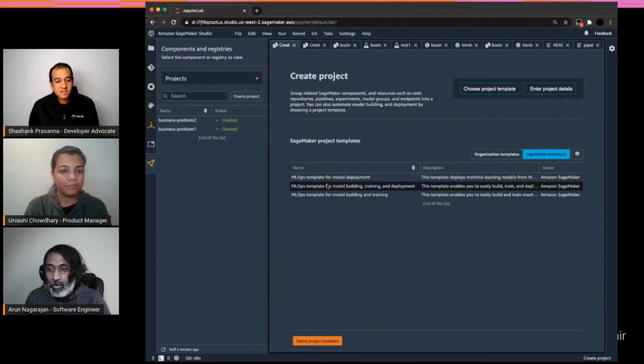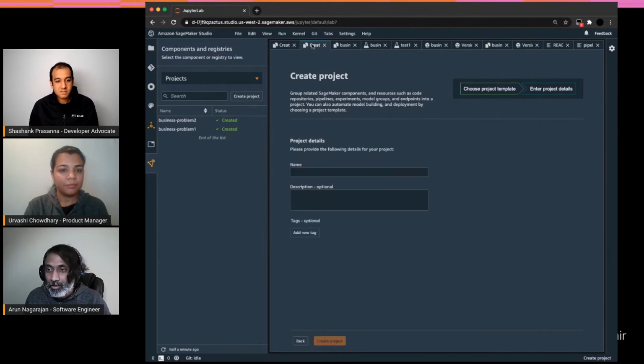Awesome. So for this demo, let's say we choose the full end-to-end MLOps template, right? Then you select the template and you're taken to this screen where you can give a name for your project, an optional description, and some tags if you would like. When you create this project with this button, we will stand up the full infrastructure for an MLOps system, including the code repositories, the build system, code pipeline, everything fully functioning out of the box, right? This is going to take a few minutes, so I'm going to skip that step to not create the project here, but I will jump off to one of these projects that I have created before,